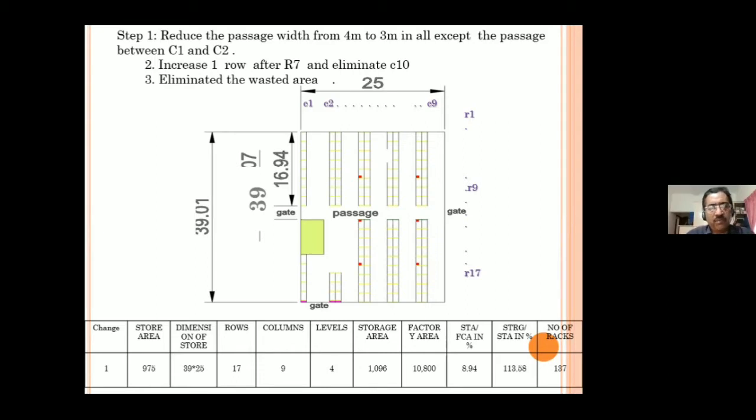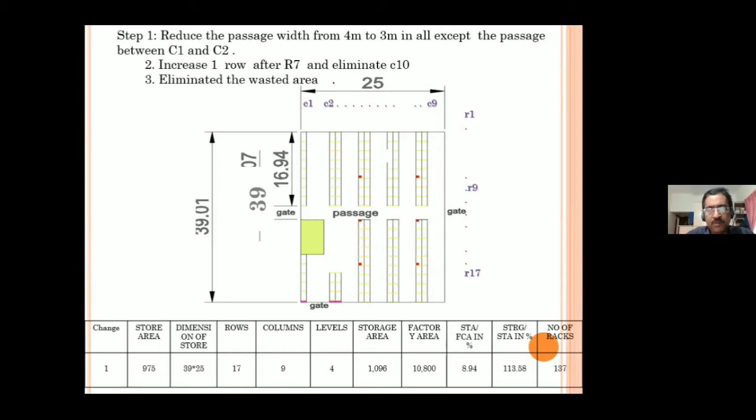So the first step will be to reset all the passages. Let's say we decide that the first passage, we will keep it as it is with 4 meter. The first passage is catering to two columns, and each column has 16 rows.